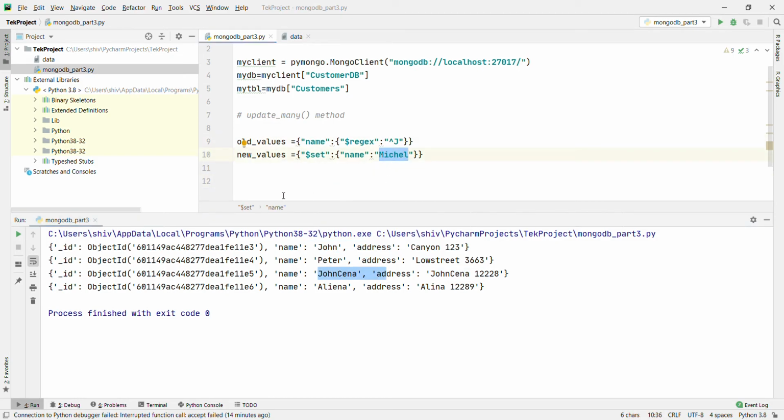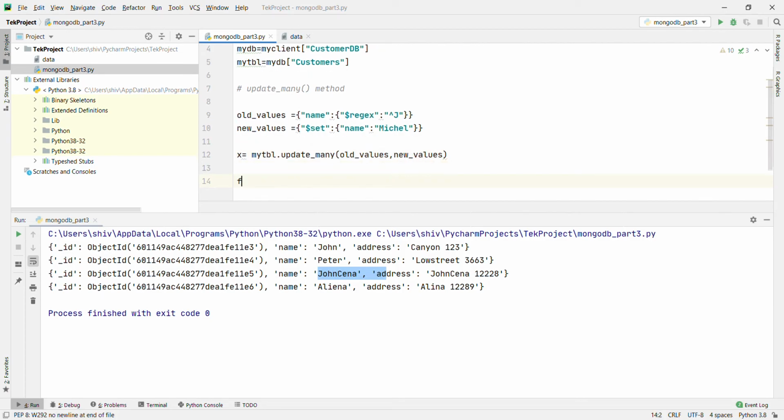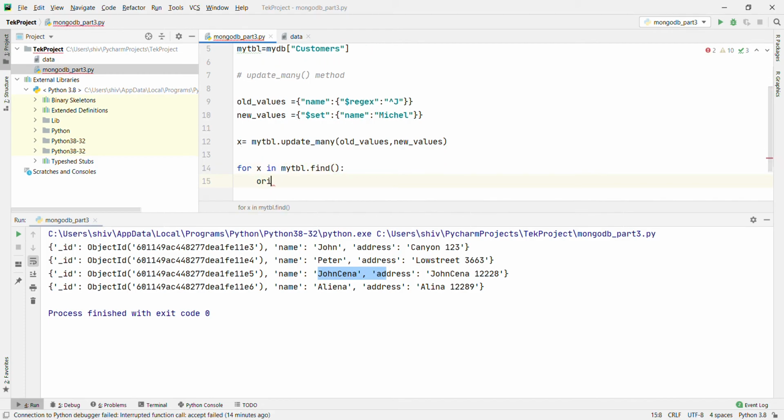Now x equal to my table dot update_many, passing old values, comma, new values, and after that we use for x in my table dot find colon print x.